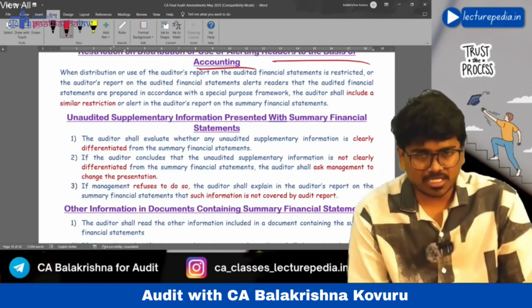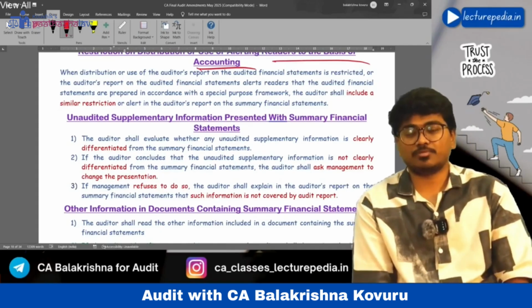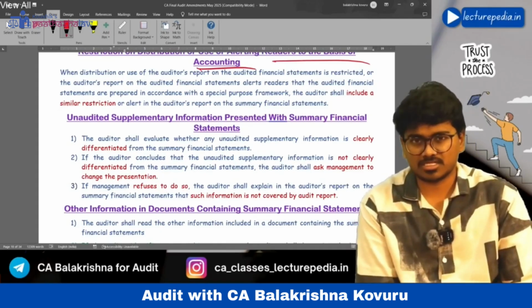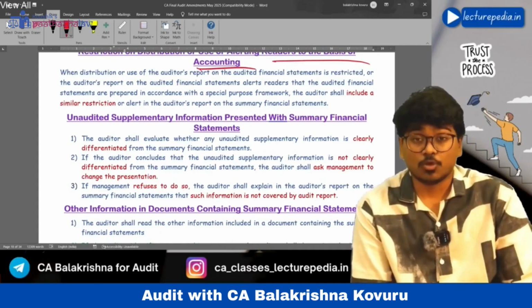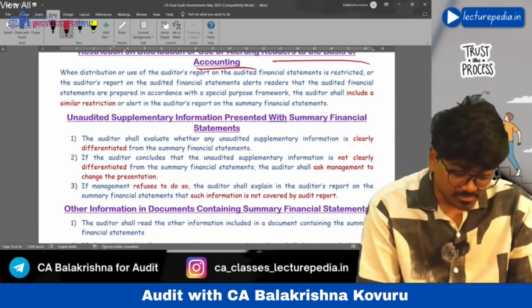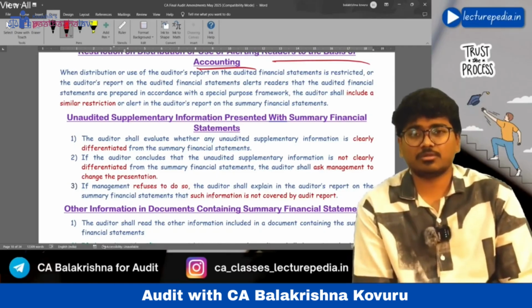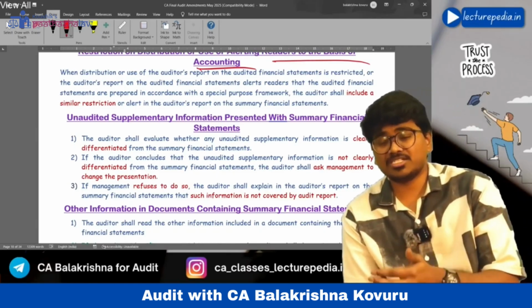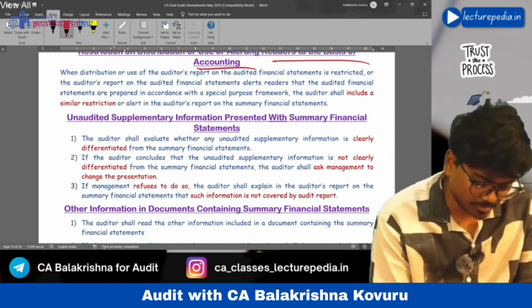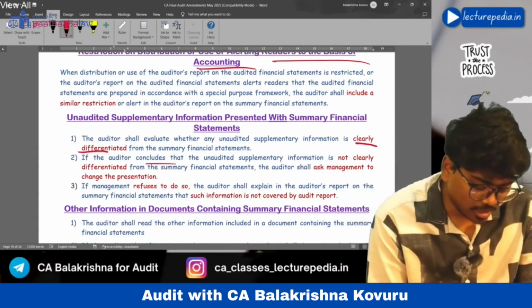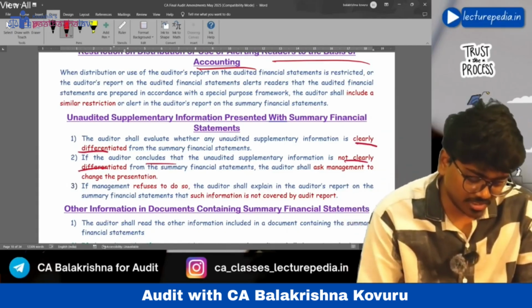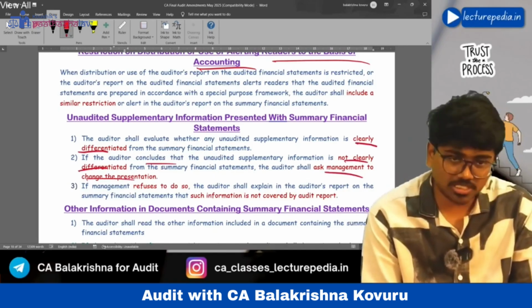Next, unaudited supplementary information presented along with summary financial statements. If supplementary information which is unaudited is presented along with summary financial statements, then the auditor needs to see whether the unaudited supplementary information has been properly differentiated from the summary financial statements. Clearly differentiated. If the auditor concludes that it is not clearly differentiated, then you need to ask management to change the presentation.